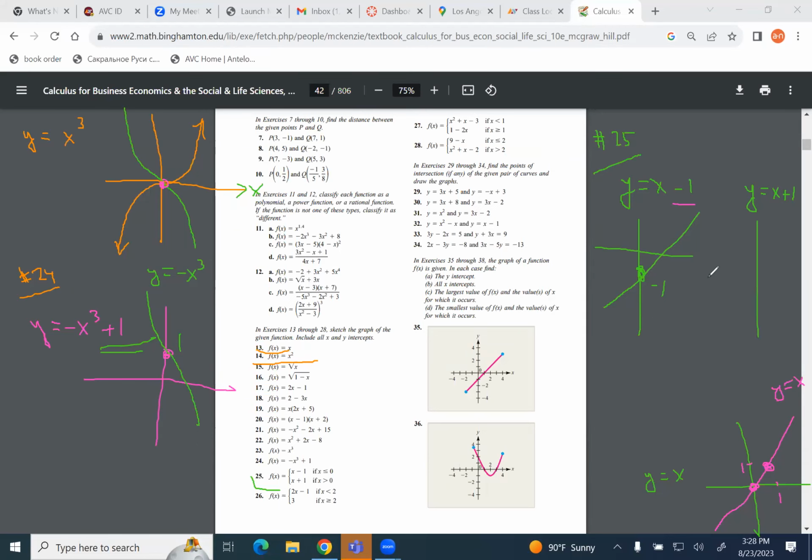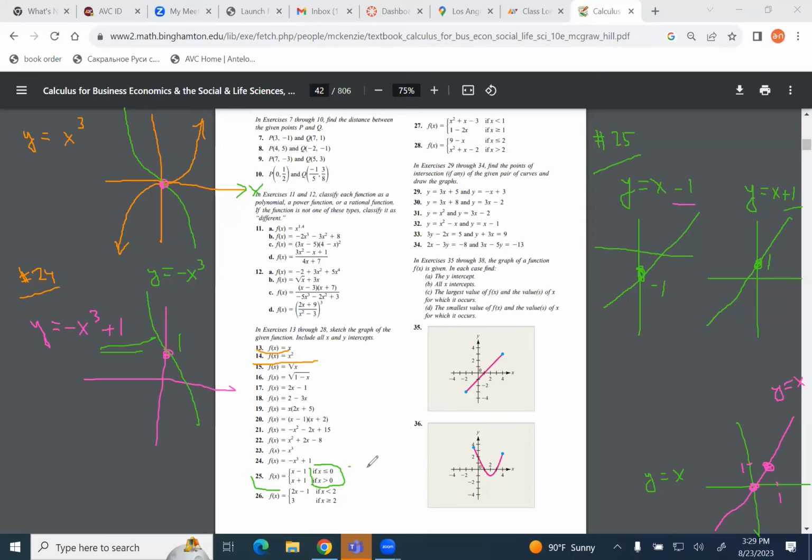And if the graph has 1 added to it, then it's actually going to go upwards. So it's going to pass through positive 1. So from these two, I will compose the actual function f of x here, the piecewise function, based on those